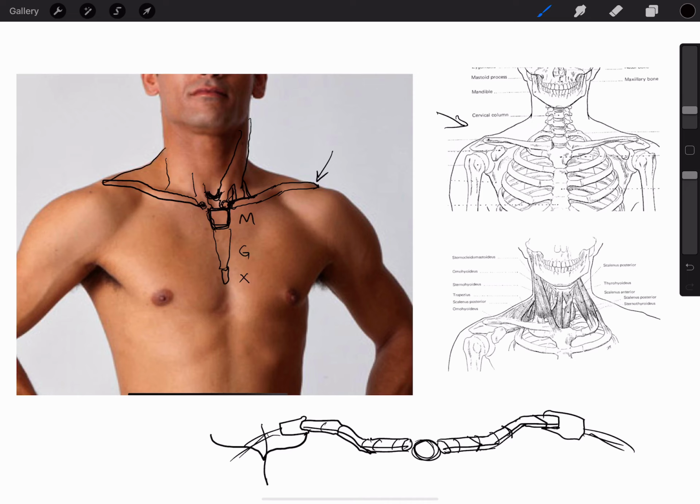Again, this is the trapezius. This is the big muscle on the back. We'll see that from a back view. And then